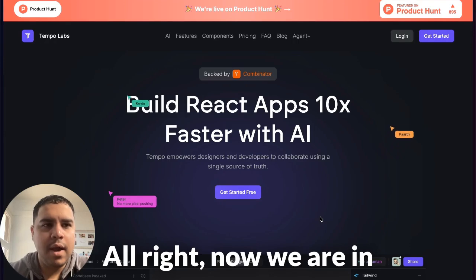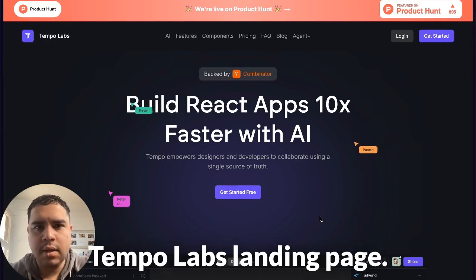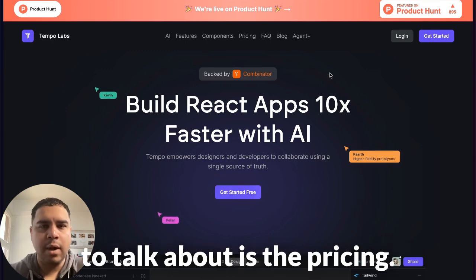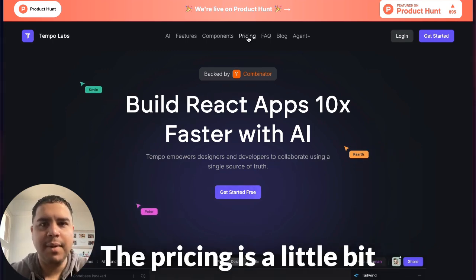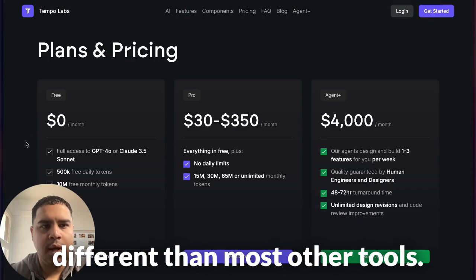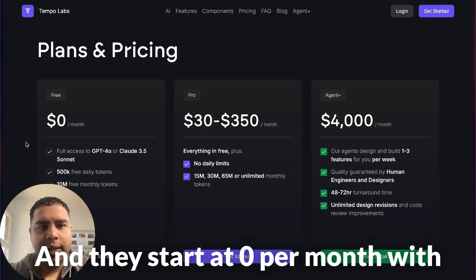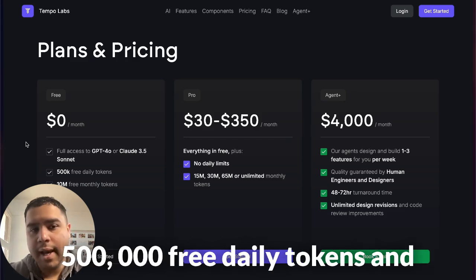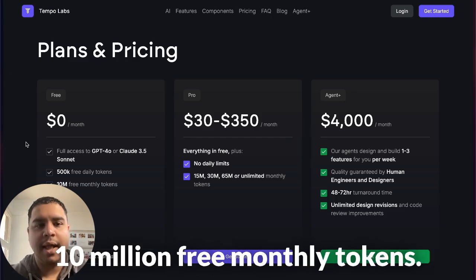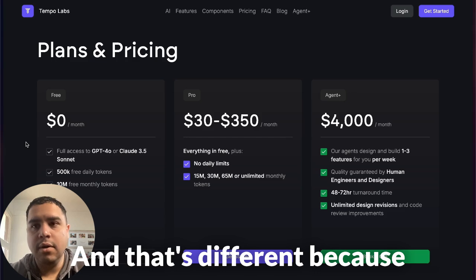All right, now we are on the Tempo Labs landing page. The first thing that I would like to talk about is the pricing. Pricing is a little bit different than most other tools. They start at $0 per month with 500,000 free daily tokens and 10 million free monthly tokens. And that's different because